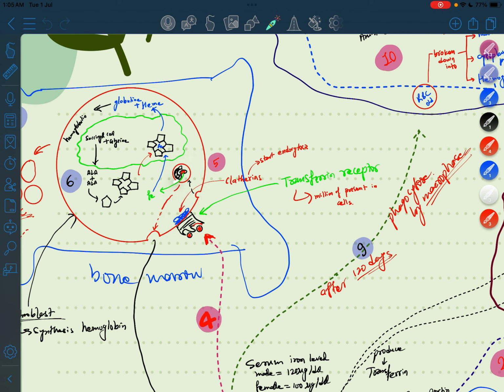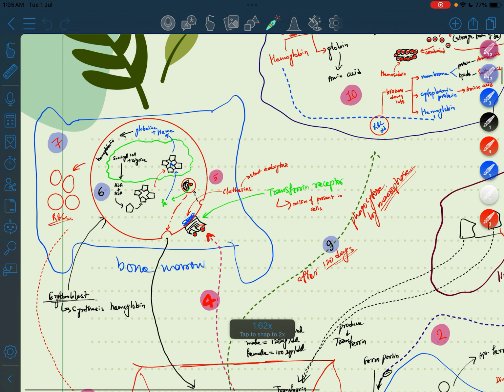There is a release of the iron, and it binds with the heme form. Heme is synthesized from succinyl CoA and glycine, from ALA, and ALA from porphyrin, the pyrrole ring, from protoporphyrin. Iron binds and is converted into heme, which binds with the globin, and the heme is converted into hemoglobin, and this hemoglobin goes into the RBC,